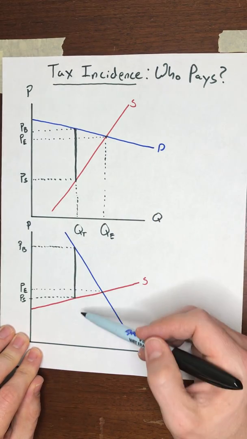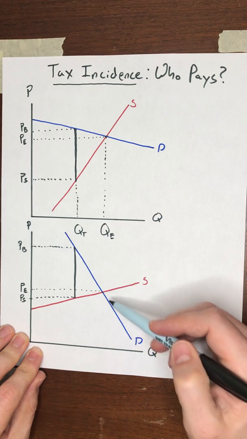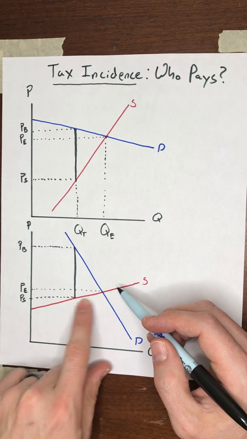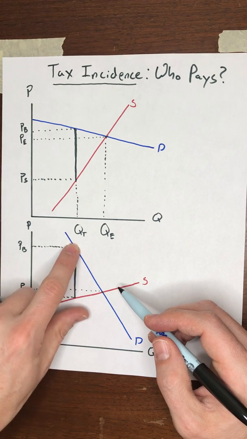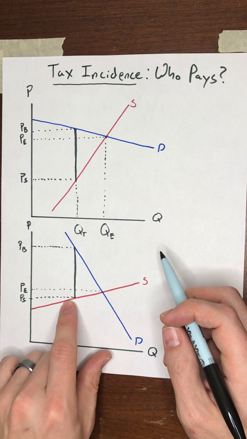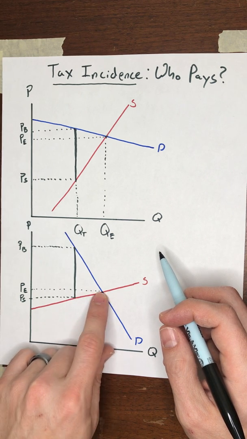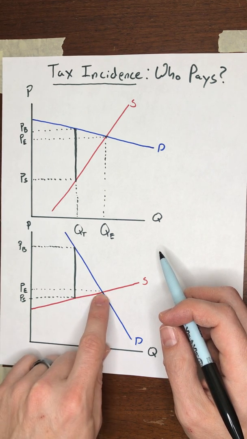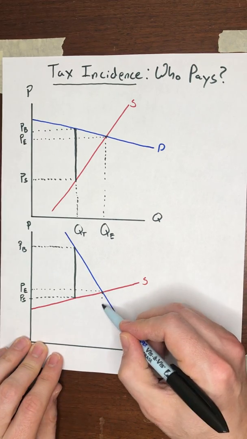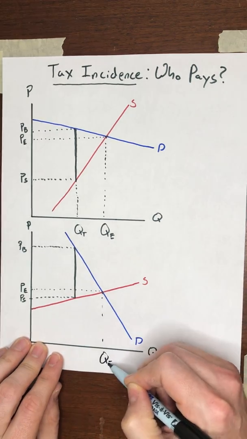Okay, and exactly the same reasoning goes here. Here it is the buyers who are more inelastic. So to get them to reduce their consumption, you'd have to push the price up on them by quite a bit. For the sellers, they're pretty elastic, and so cutting the price by just a little bit is going to get all of the sellers necessary out of the market to reduce the quantity from QE